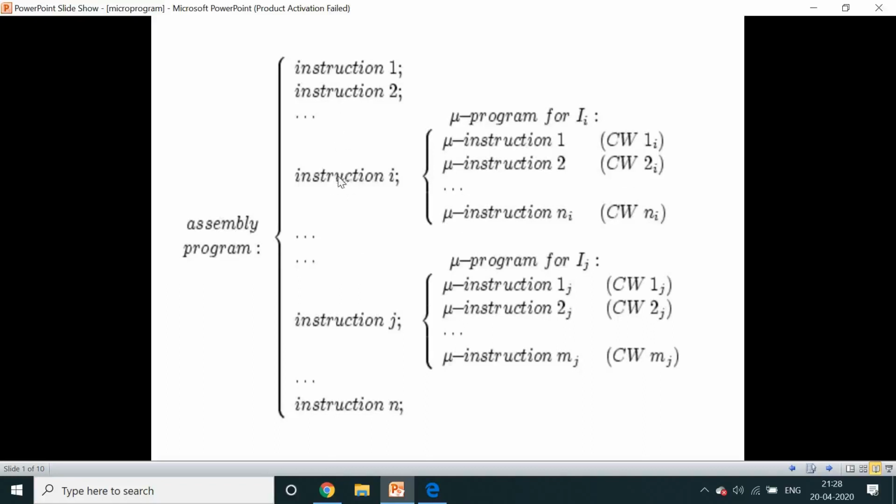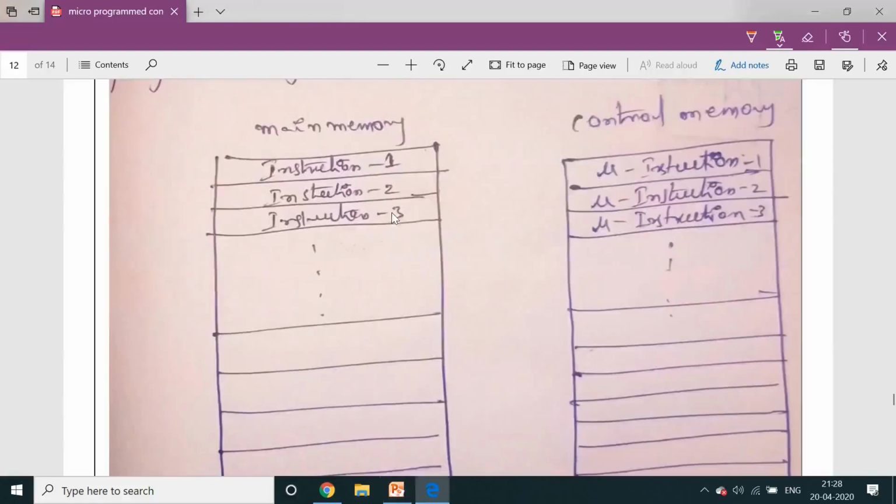For each individual instruction, execution needs more than one micro instruction, because every micro instruction generates some micro operations. Here is one example: for execution of a normal main memory instruction, roughly four micro instructions are needed to complete the execution of one instruction in the main memory. This is the microprogram, that means the control memory program. This is the main memory program. So coming to our concept,